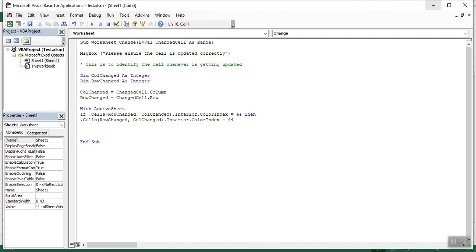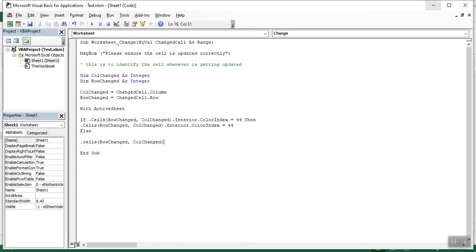Else, if nothing happened, then we will write else. So enter. Okay, so if nothing happened, then what? Then else cells row changed, and then we'll write the interior the same one.